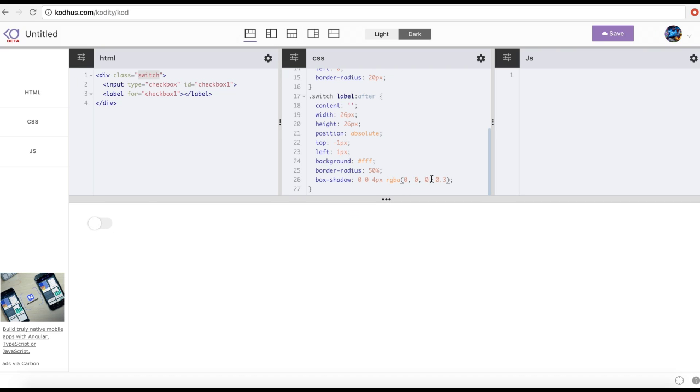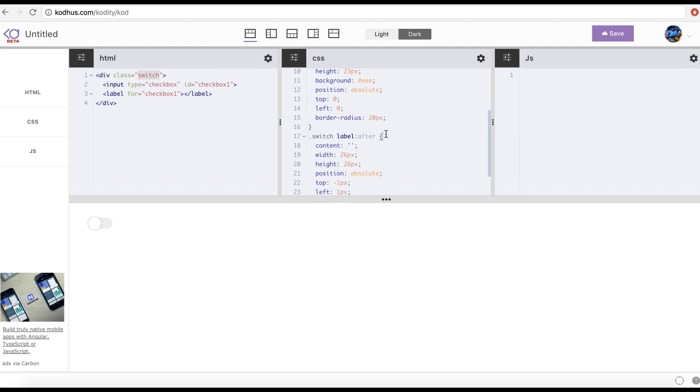So 000 stands for RGB 0, which is for dark. And then I set the opacity to 0.3. And this value, its number is between 0 and 1. So if I set it to 1, you're going to see it's like totally black. I'm going to say 0.2 of the black value, or maybe 0.4. Yeah, much better. Now, obviously, I want to set the cursor to be pointer, so that